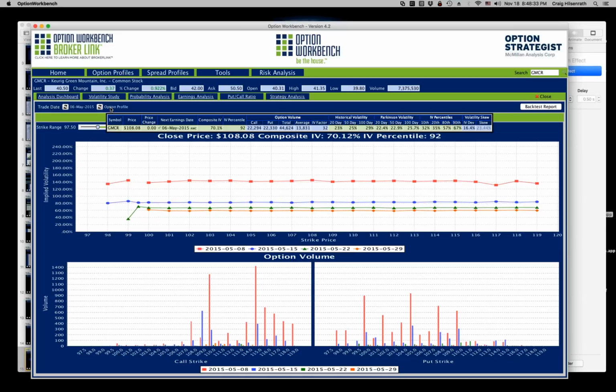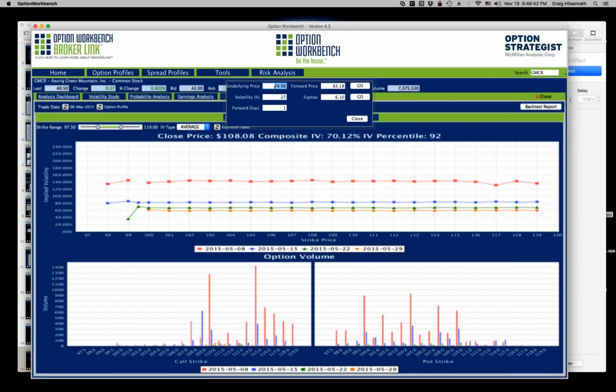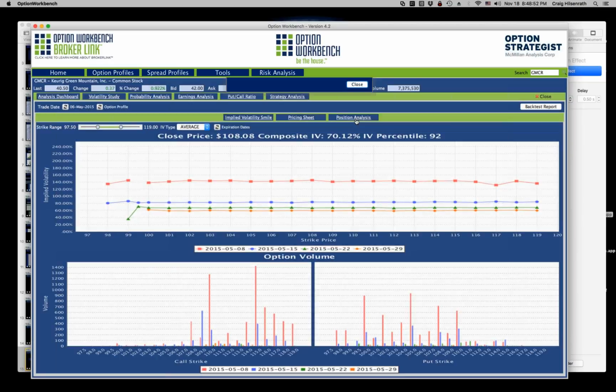So let's open option profile. 108.08 and 23. 108.08, and you see it remembered what I had before. 23, 6.1. So that brings me up to 118.